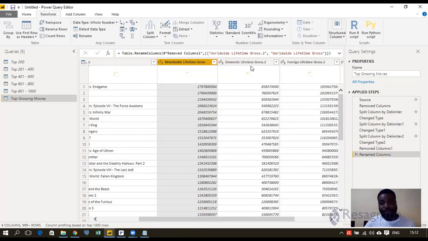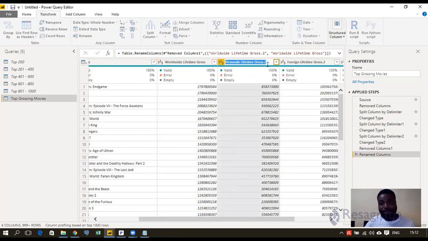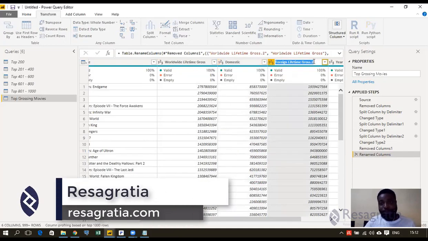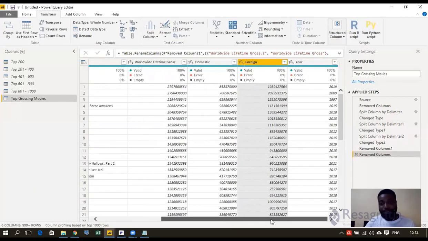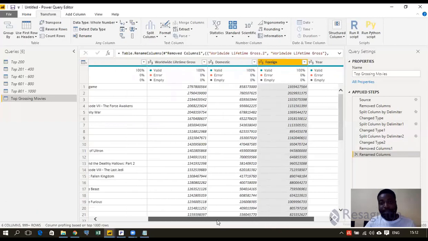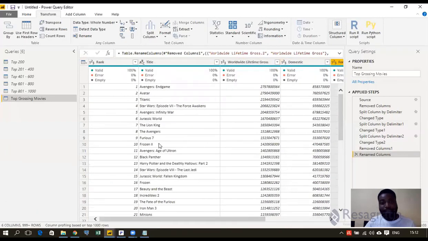press enter. My domestic as well, I'll rename the column. I'll just rename this one to domestic. And then this one, I'll rename this to foreign. Nice. My year remains the same, and my title, yeah,